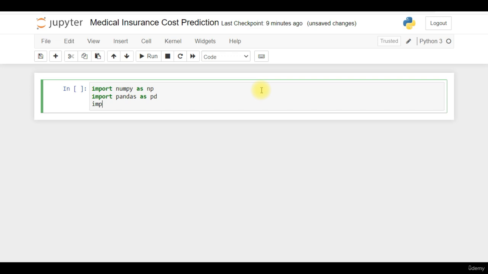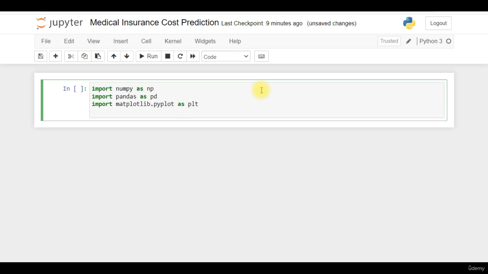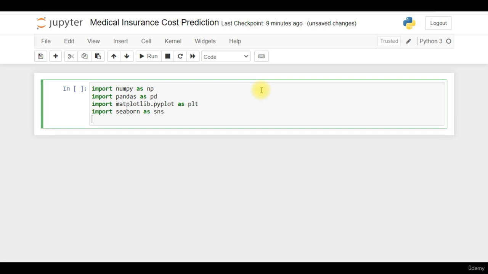So import matplotlib.pyplot as plt, and I also want to import seaborn as sns, and then I want to train, test and split the data. So from sklearn.model_selection import